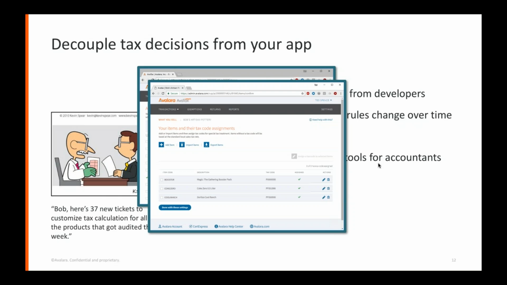Yeah, so rather than do that, why not just go into AvaTax and check the box for Missouri and then tell us what your products are? So we just make that simple. And I would add that you can drill down into higher levels of complexity if you need to. Most users probably won't need to do that. So the system is just as easy to use. We nest the more complex or more advanced features into this user interface so that you can make those changes if you need to.